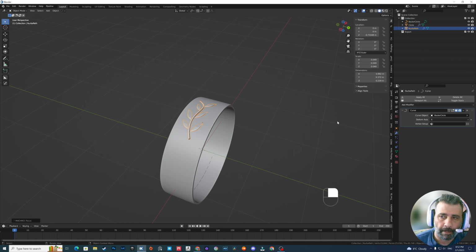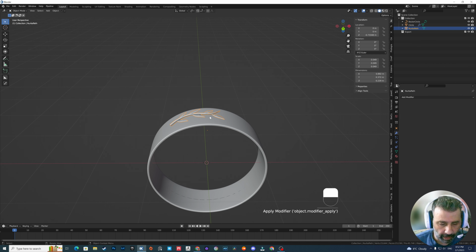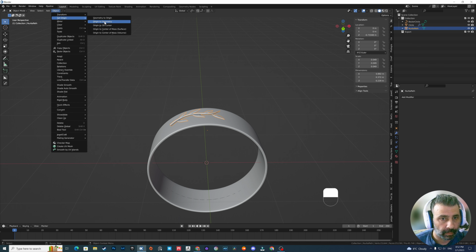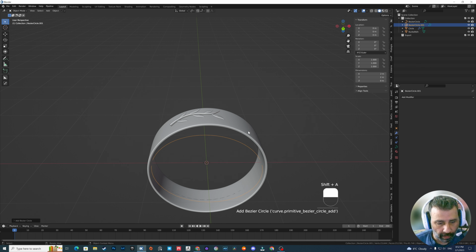Now go to the modifier of the curve and apply it. So now it's applied. Add another curve circle, rotate to the x-axis 90 degrees, make it a bit bigger.